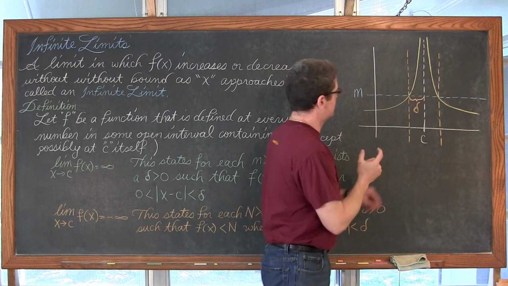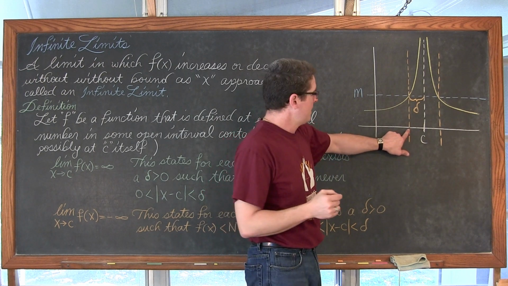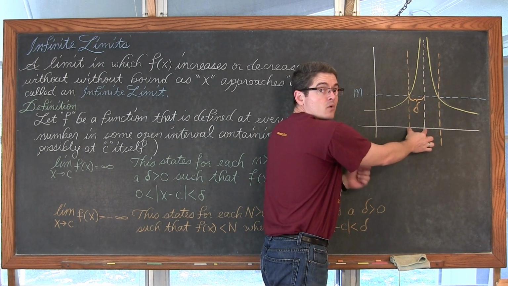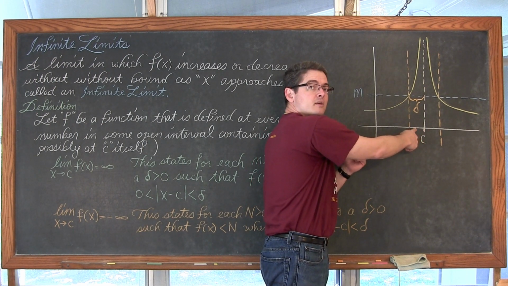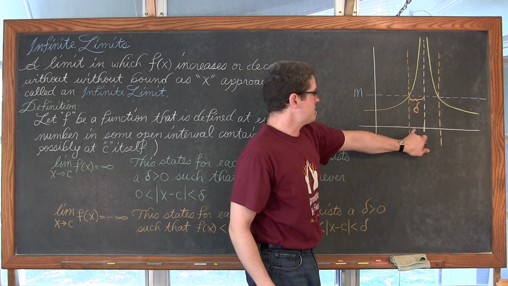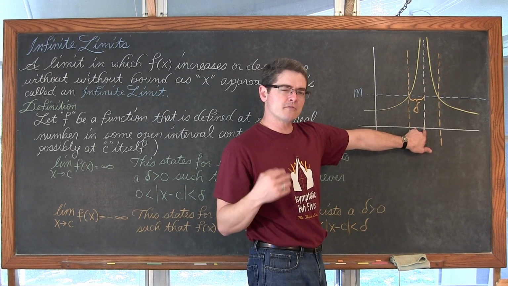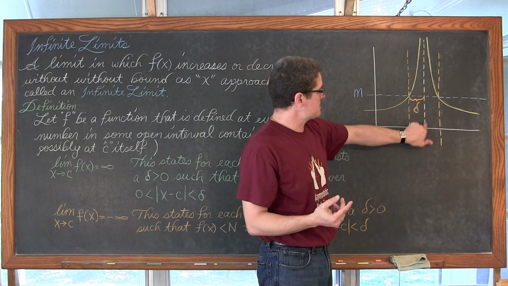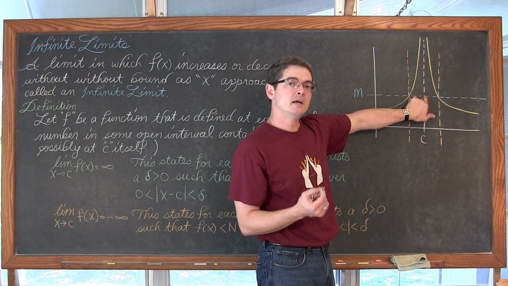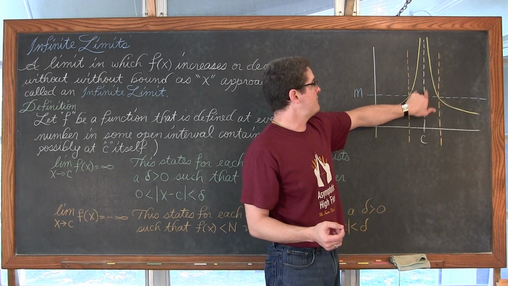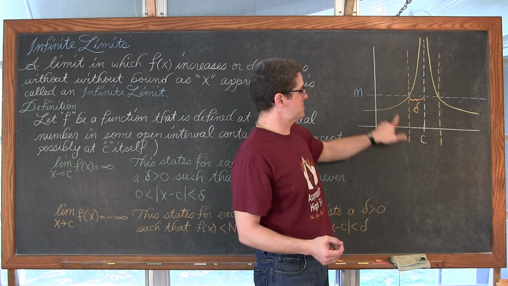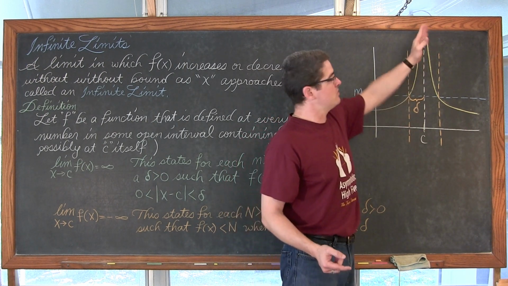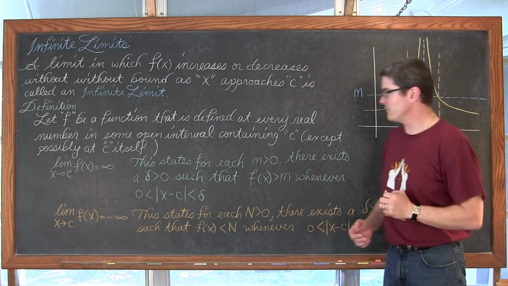So basically what that's saying is, I've identified this value of x here, and I'm going to put x because I'm going to have it be fluid, and if I pick an x within this interval such that the absolute value of x minus c is less than the horizontal distance of delta, the function is going to take on an f of x value that's greater than m. So basically, as I get closer to the value of c, where we have this vertical asymptote, the function is going to increase without bound and thus have an infinite limit.